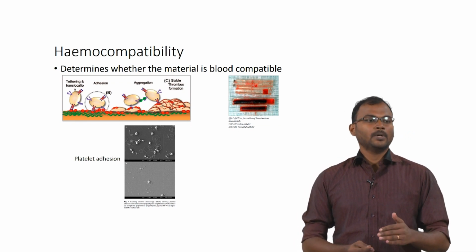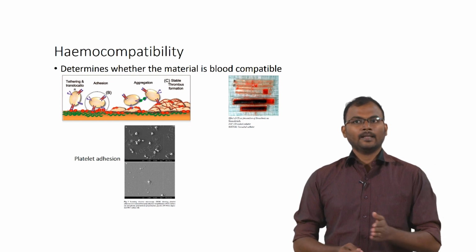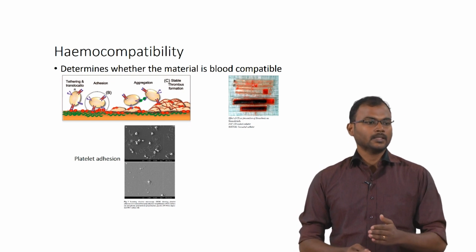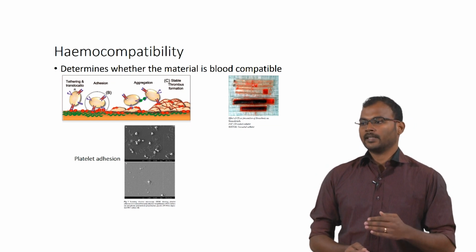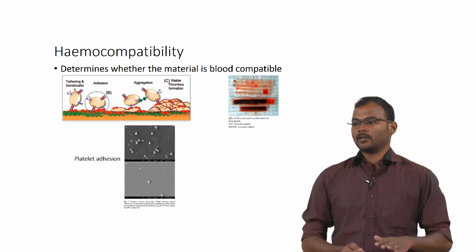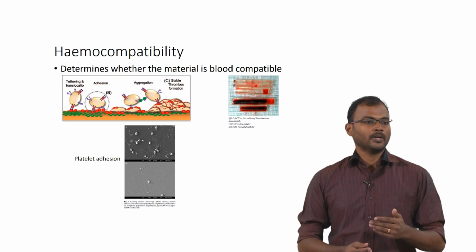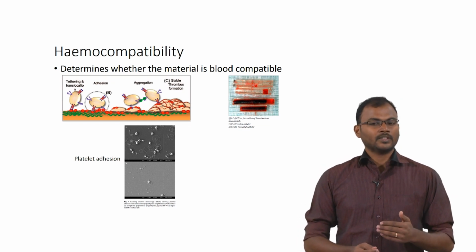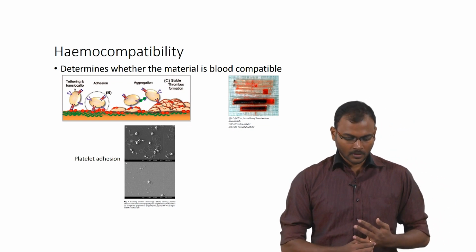So, when that stable platelet aggregate has been formed, there is a parallel reaction, the coagulation cascade, which forms a fibrin mesh. That fibrin mesh acts as a network which will trap these platelet aggregates and form a blood clot. So, if you have a vascular graft and a blood clot is formed on its surfaces, it will lead to stroke and other complications.